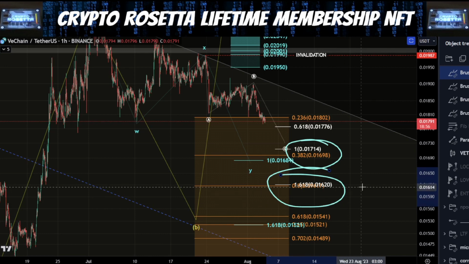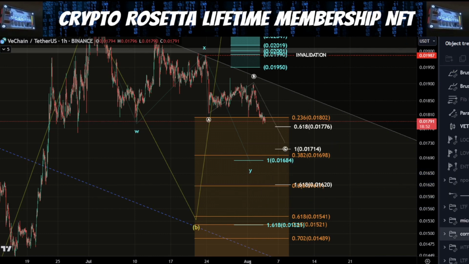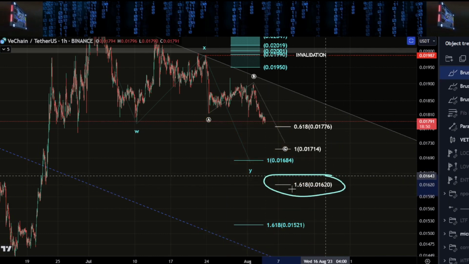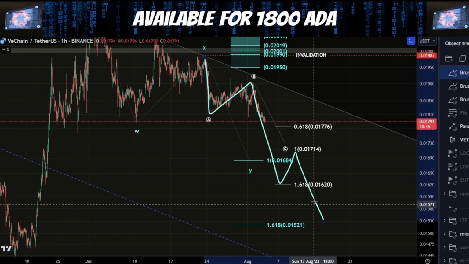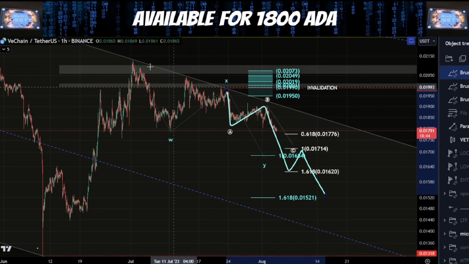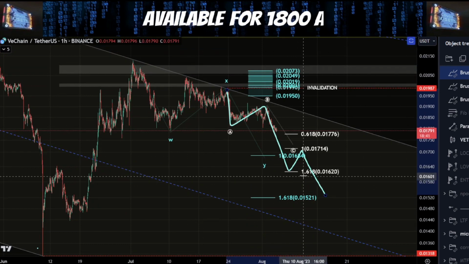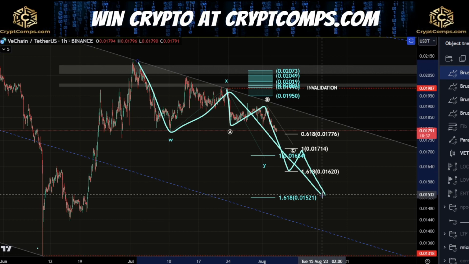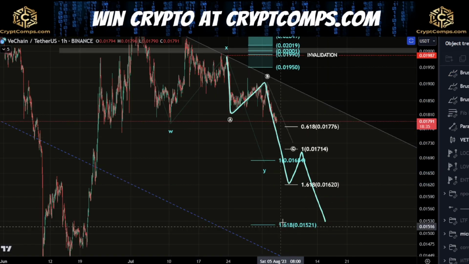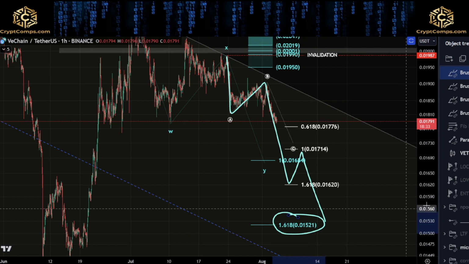But what we'd have to be careful is if we do start to move down towards this 1618 level here, this could actually turn into 1, 2, 3, 4, and 5. In which case, what we would potentially be looking for would be a much deeper correction here, where this could just be A, B, and C. But the problem is, if we do start to move down towards this lower level here of this 1521, what